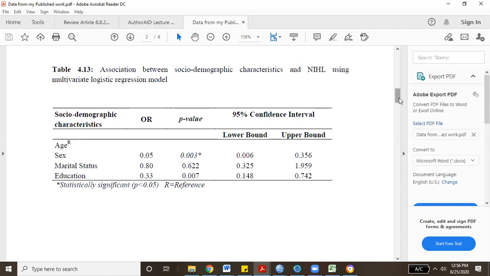So when you put it in a multivariate logistic regression, multivariate means more than one variable at a time,